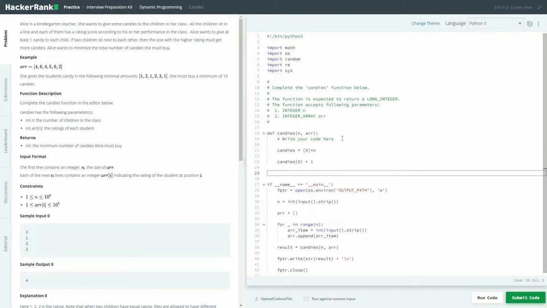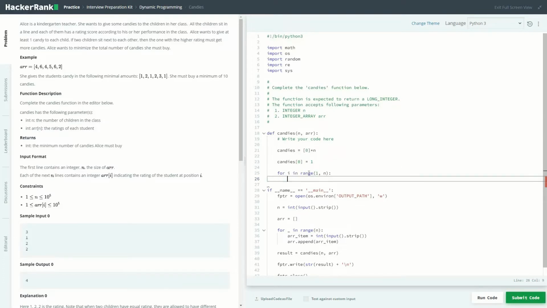Now we will create a for loop from left to right of the array where each score or rating of the students is given. So for i in range 1 to n. The reason for doing it from 1 is because for the first child we have already initialized a value of 1 and that is the minimum. So we'll be tracking a condition. So if array of